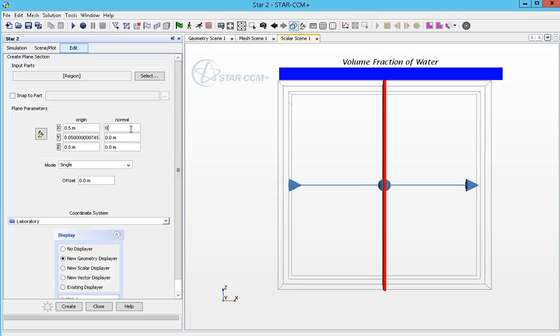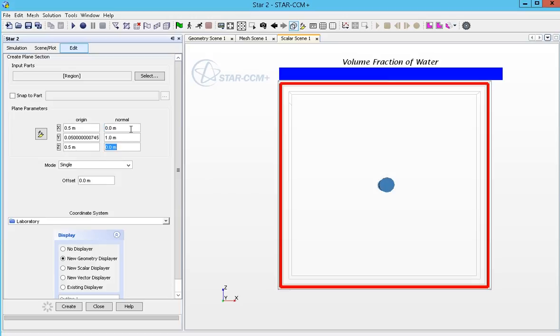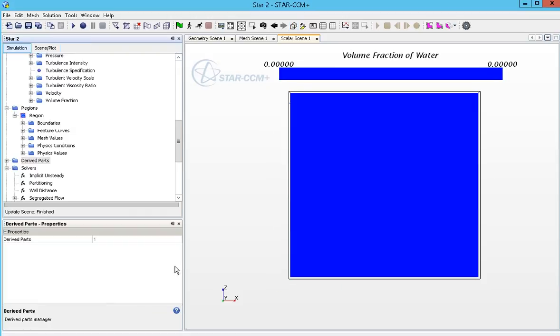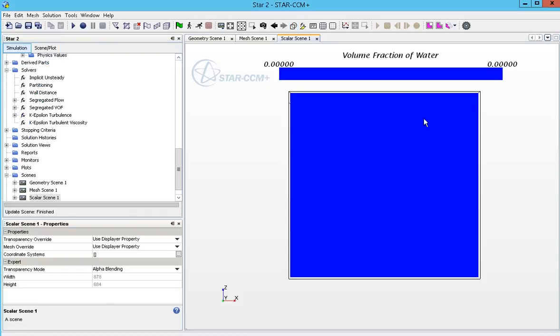So let's make the plane normal to Y. Then in existing displayer, we like to show this plane in scalar 1, create, close. So you can see so far volume fraction of water is 0 everywhere because it is filled with air,